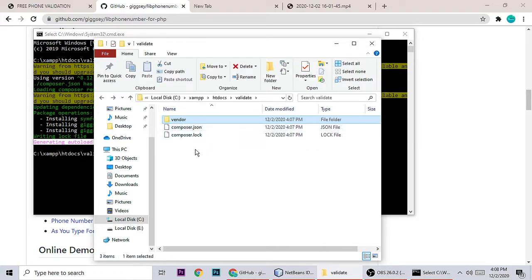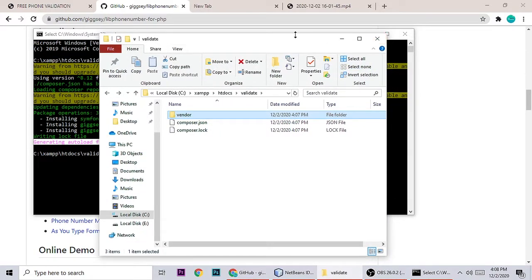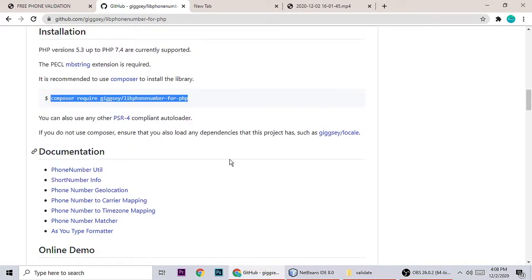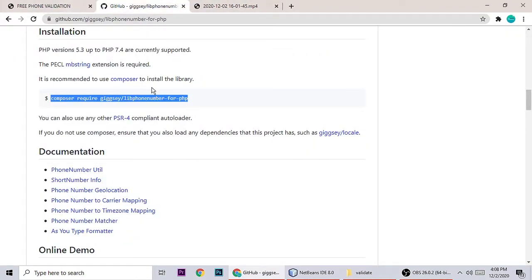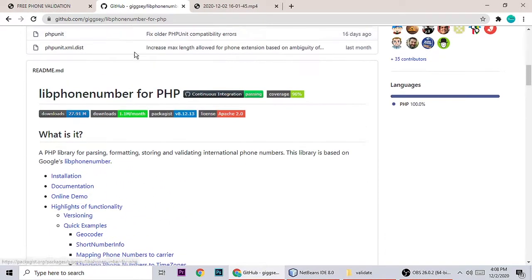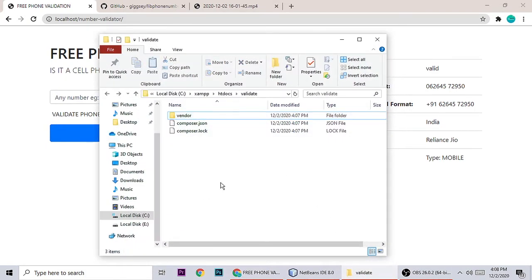These files and folders are created automatically when we execute the composer command in the command window. Let me close this one, because we have installed the libphonenumber library.